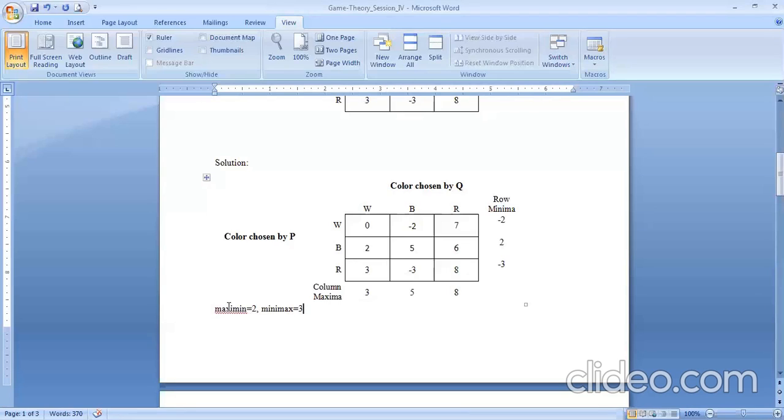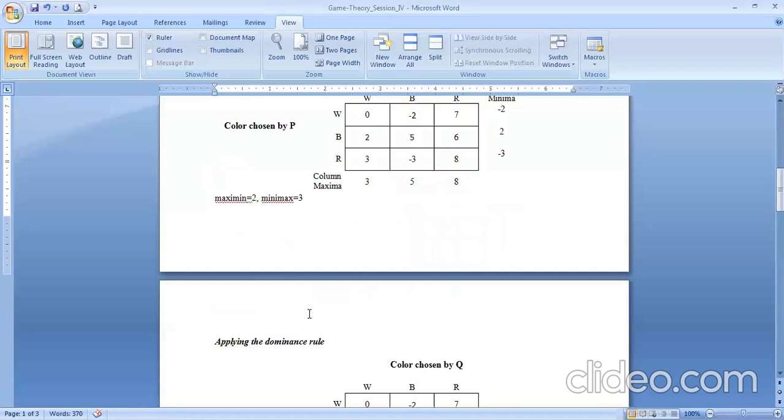And one more advantage of finding this minimax and maximin is, when we solve the problem and find the value of the game, that value V must be in between 2 and 3. Please remember this one, in order to cross verify whether the solution is right or wrong. This will be helpful for us. Whatever value we find should lie in between 2 and 3.